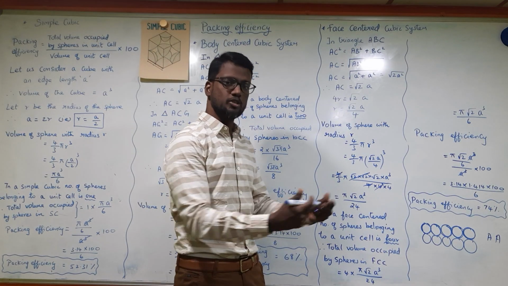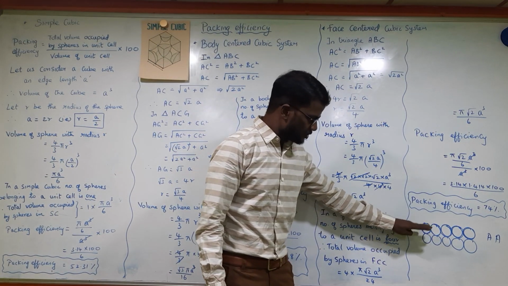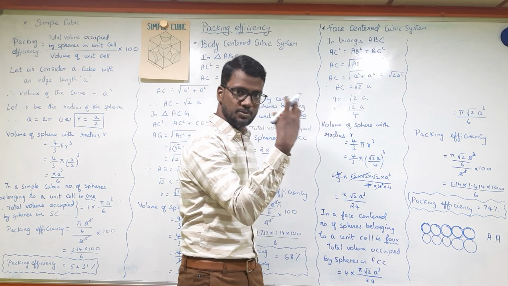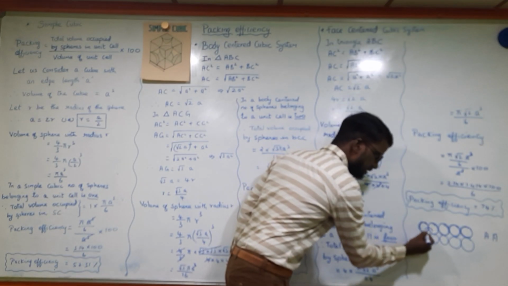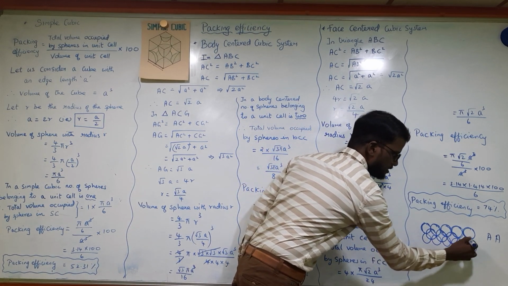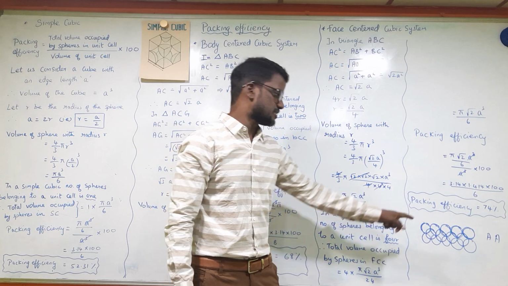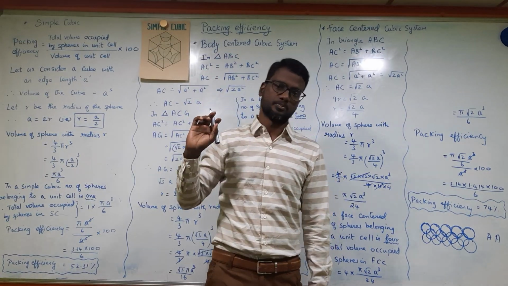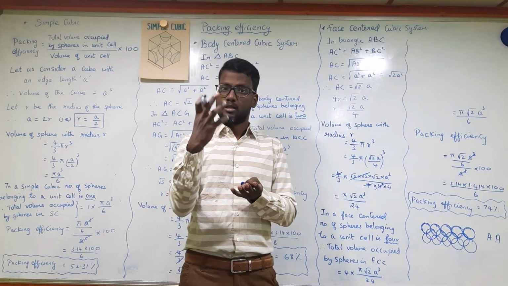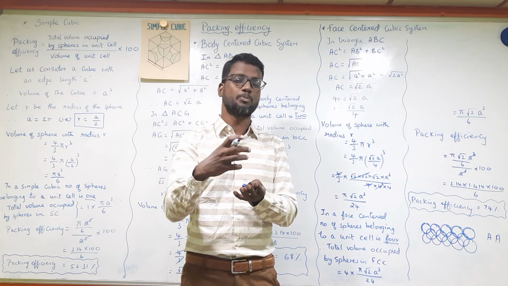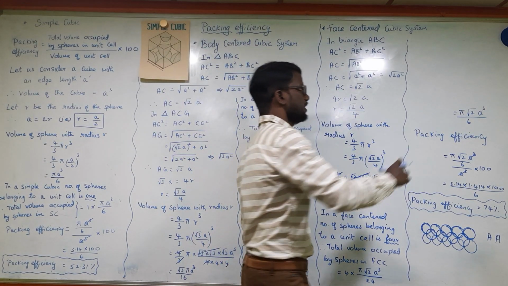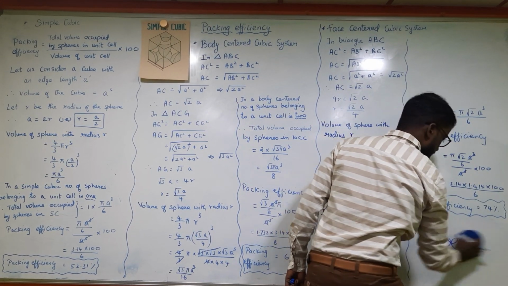Now the second choice I told you: the first layer is going to be AA type. Next, when I go to the second layer, the first ball of the second layer can be placed in the gaps between the two atoms. This gives rise to one more type of arrangement, the body centered cubic system. The first layer has AA type of arrangement, and the second layer atoms or spheres occupy the space between the atoms present. We have one more type of arrangement. We'll just see that.